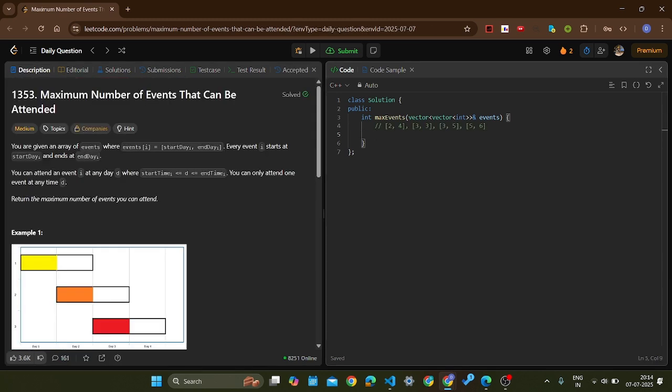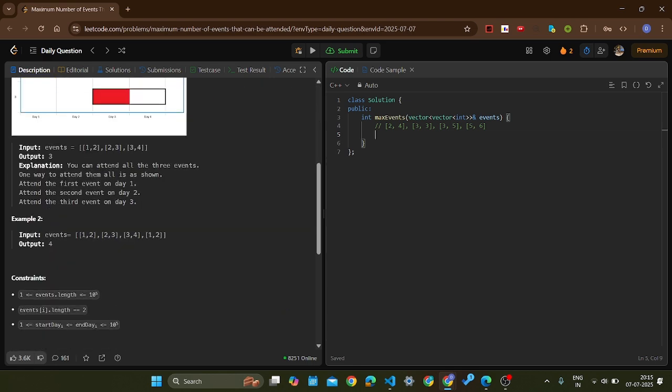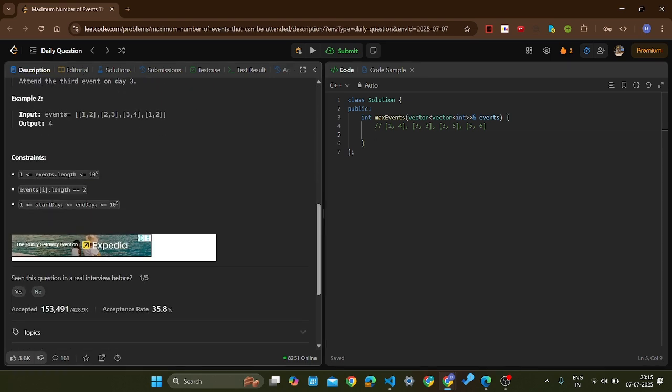So in this problem, we can actually observe one relaxation in the constraint: the start day and end day is going to be at max 10 to the power of 5, and that is why we can take an approach that we can go day by day.